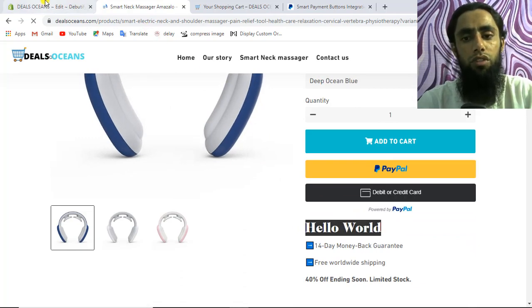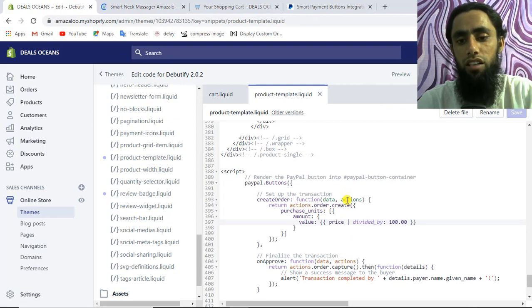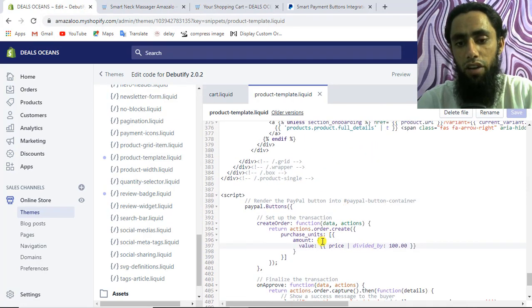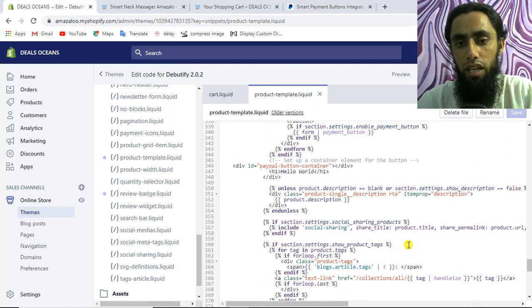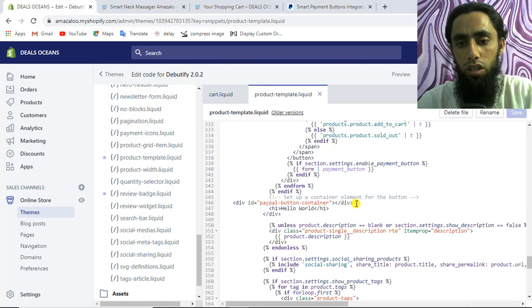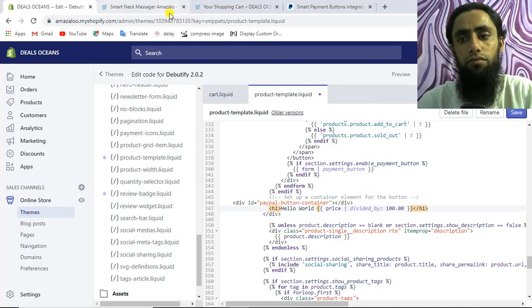What we need to do here is we are interested in showing this value. So for example, I'm just copying this specific code from here and pasting it below this, I mean after this hello world. Let me save this once again.